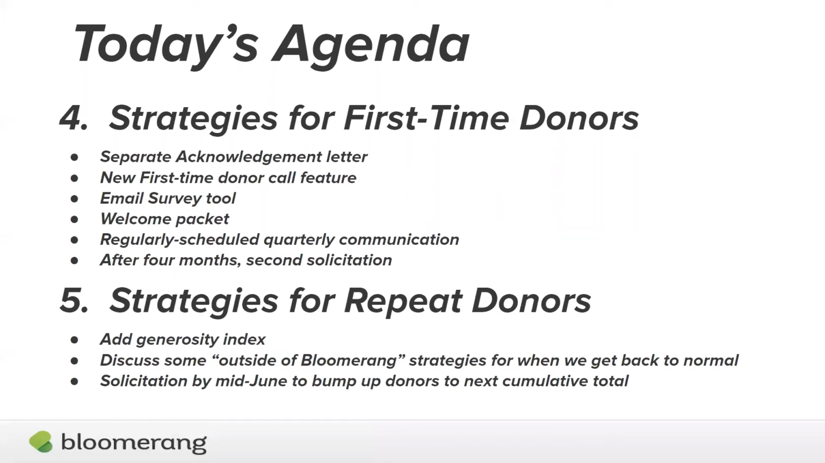So step 4 in our agenda today, once we've identified some first-time donors, we talk all the time in Bloomerang about how important it is to get that second gift. We're going to look at a series of tools and recommendations that we have for you: how to filter for a separate acknowledgement letter, the new DonorSearch first-time donor call feature that now shows up in the upper right-hand corner